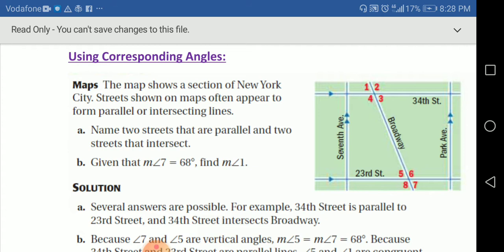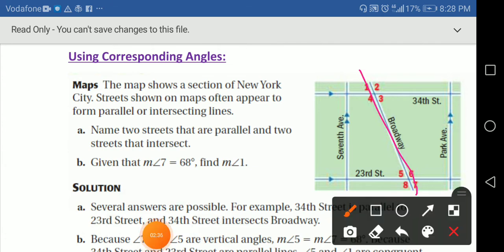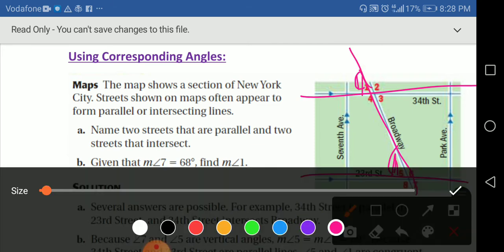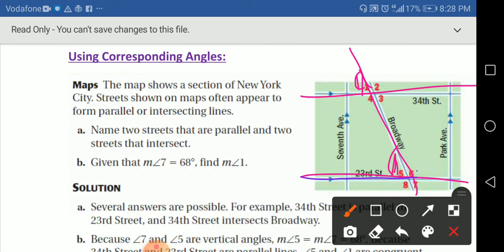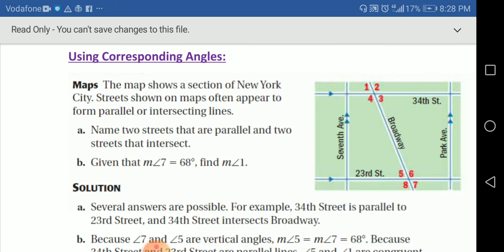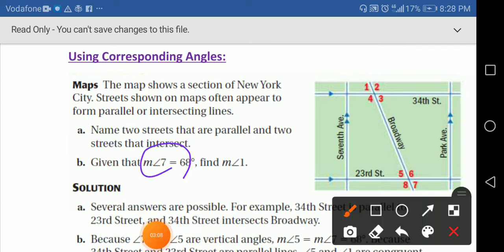So when I have this line that intersects two parallel lines, we got what? Corresponding angles. We can see together we have 5 and 1. They are congruent because they are corresponding angles. They form the letter F. We got the letter F, as you see. And we have also 6 and 2. So the question is, given that the measure of angle 7 is 68,